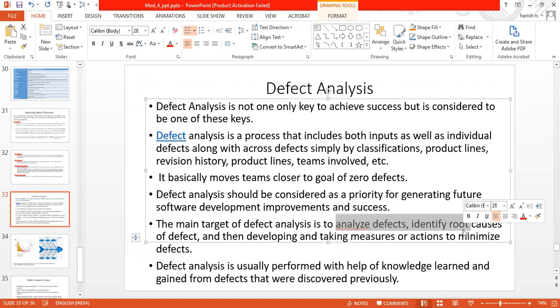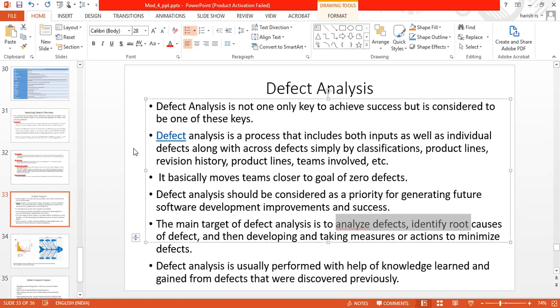From the starting of discovery till we close the defect, that period in between is called defect age. So how long can it be? The knowledge of the defect in detail is called defect analysis.